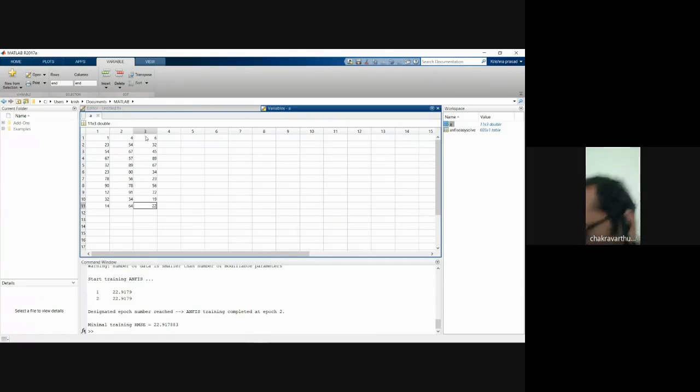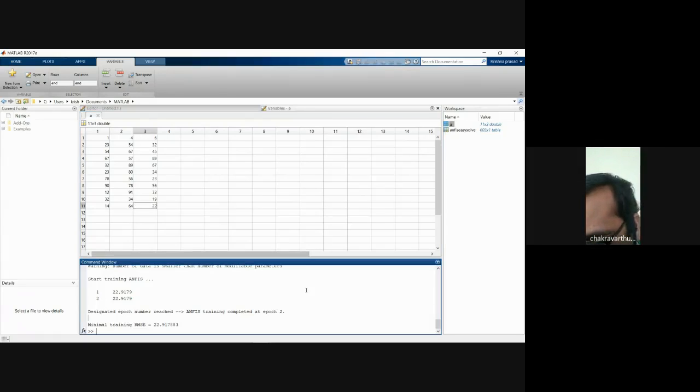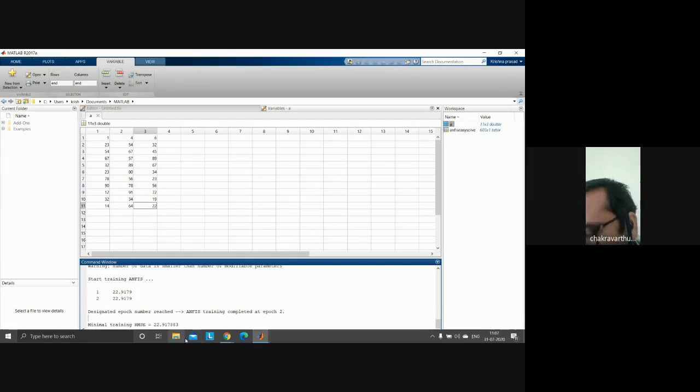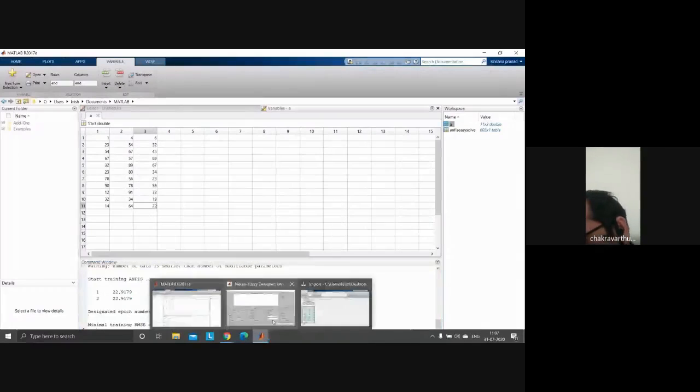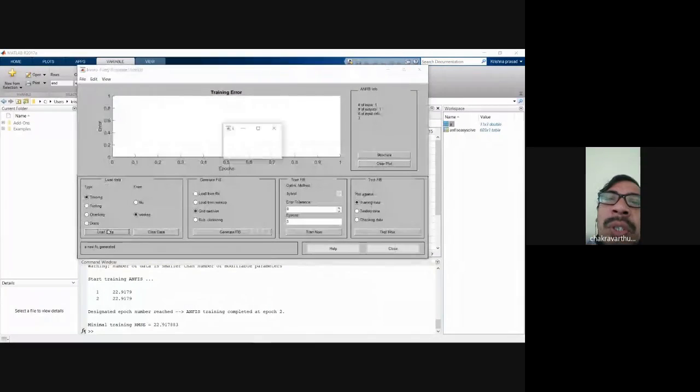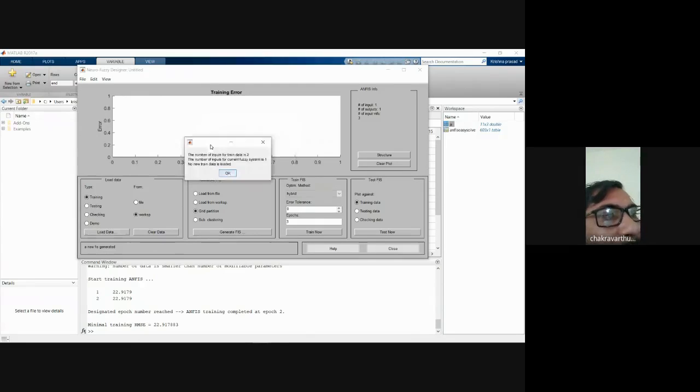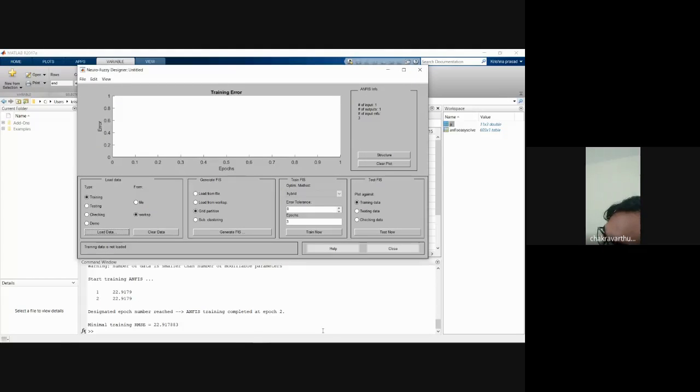As I already told you, in layer 1 it is going to take a linear property, by taking the average value. Layer 2 is the fuzzification process, layer 3 is the linear transformation, and layer 4 is going to take the normalization property. Normalization, you know, right? Suppose you have three weights, W1, W2, W3. If you want to calculate W1's value, W1 bar is equal to W1 divided by the sum of all these weights. In a similar way, in layer 4 we do the normalization process.